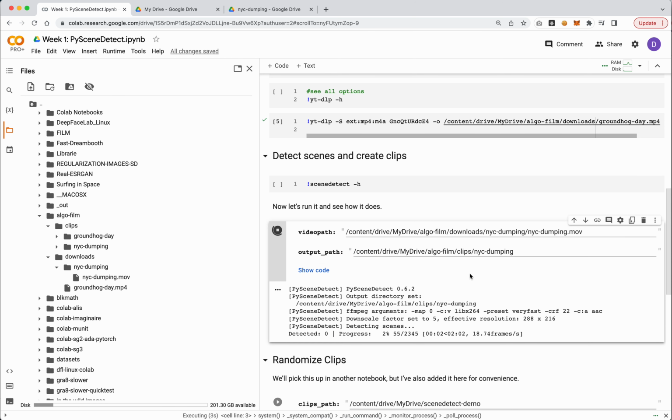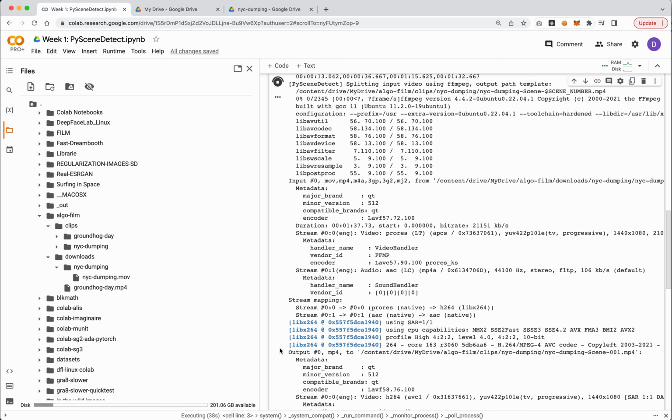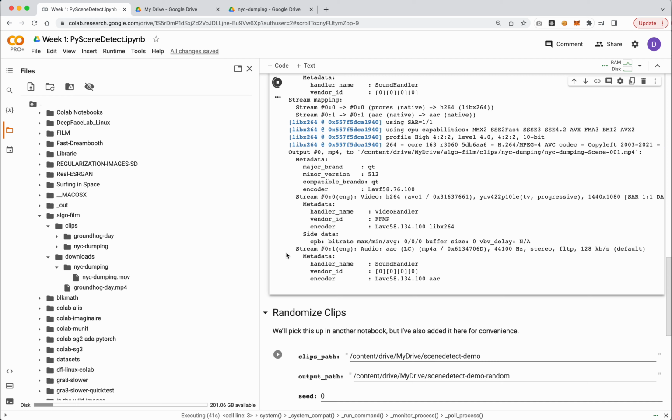So PySceneDetect should, I believe, work on MOV files, MP4s, AVIs. I think it'll probably be pretty flexible. I don't know, maybe there's some format that you're going to give it that will break. But we can kind of see how that goes. So we'll see it's now detecting this. It has found 2 scenes so far, which is good. It's probably that intro and then the actual scene itself. So I think if we're lucky, we should only see 3 scenes total detected. Four. Okay, so this will be kind of interesting to see what it actually decides are the 4 scenes. But it is now running.